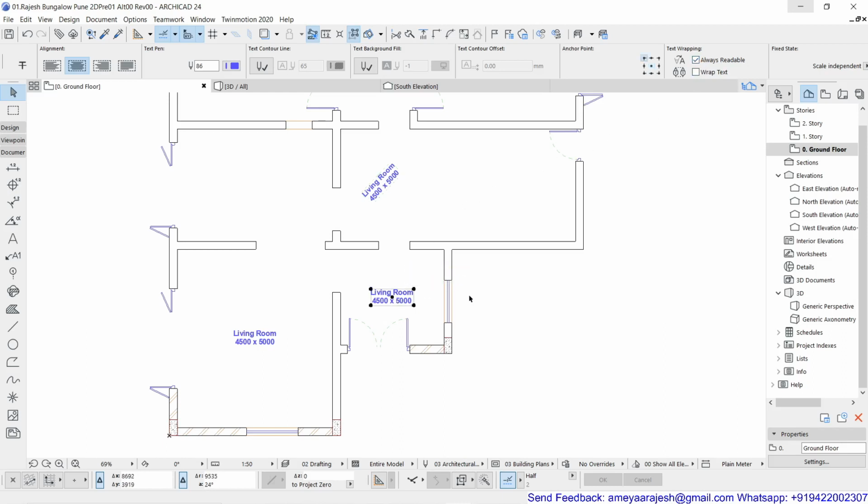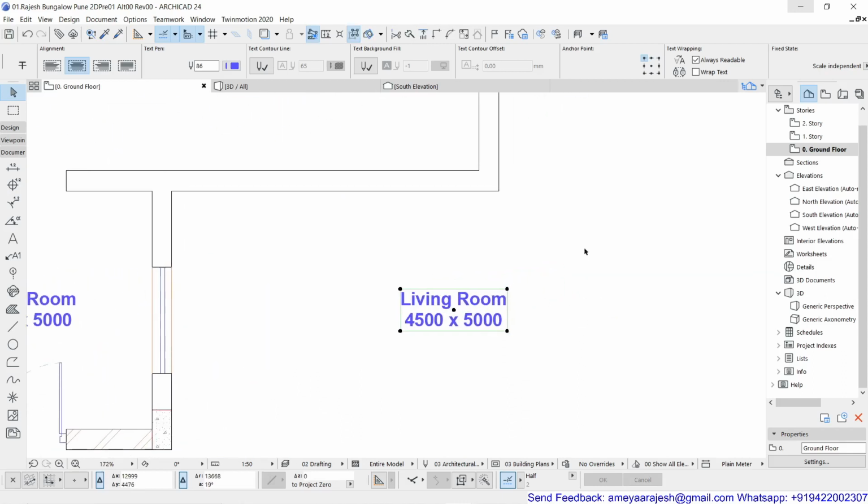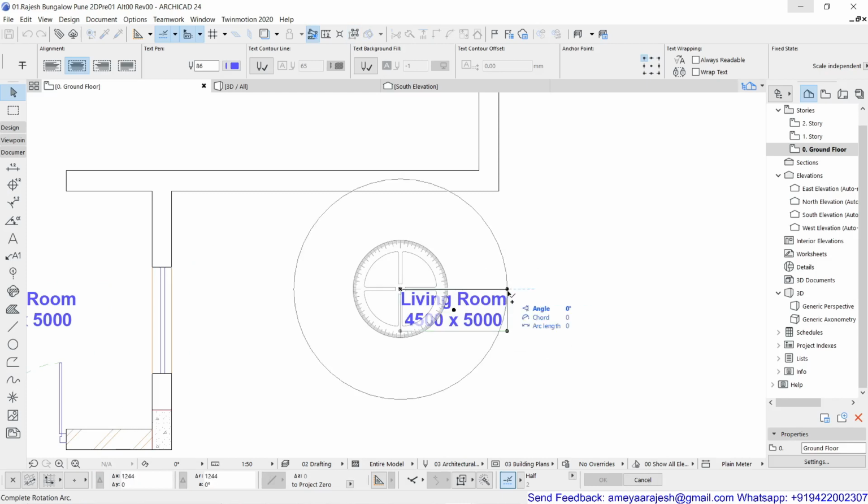I'm just going to copy this text, copying it randomly. Now if I keep this option off, and I try to rotate the text as a copy, that is Control Shift E, and I take this as a base point, then the rotation start point, and this is the rotation.